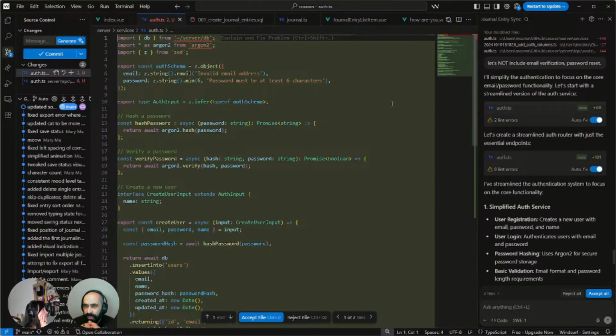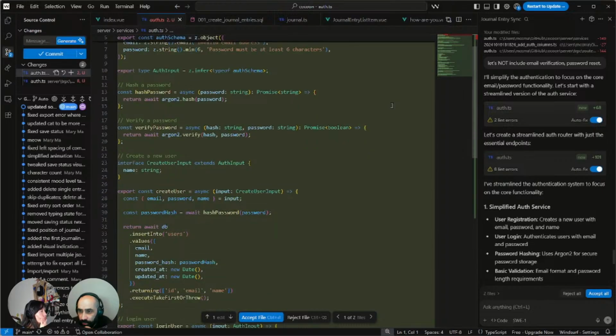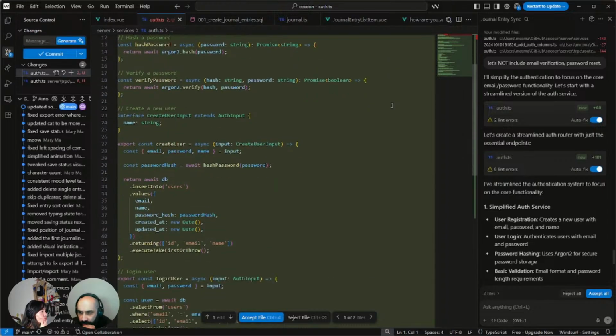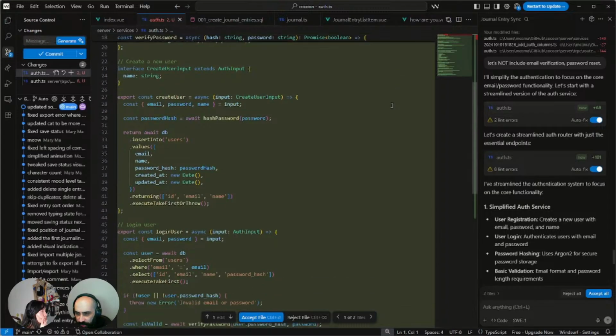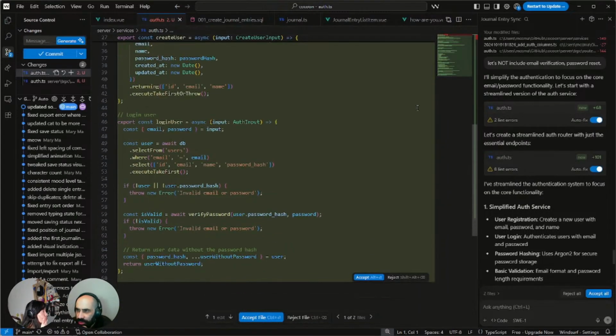Yeah, so it's using something called Zod for verifying, or setting a schema of the data that we're accepting through any endpoints. It's interestingly done only the back end here without any front end, which is interesting. Yeah, I mean, this looks fine to me. Yeah, scroll down. Keep scrolling down.